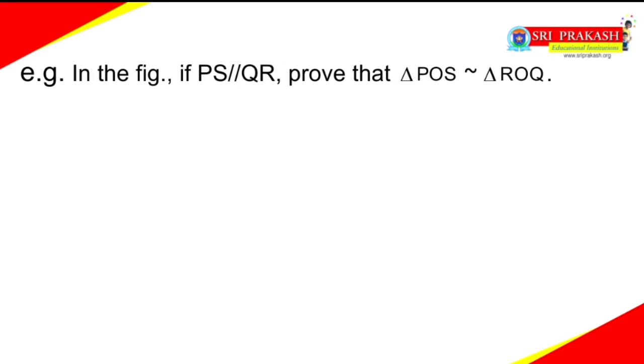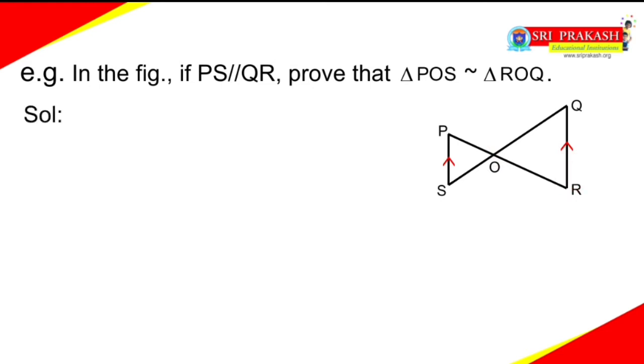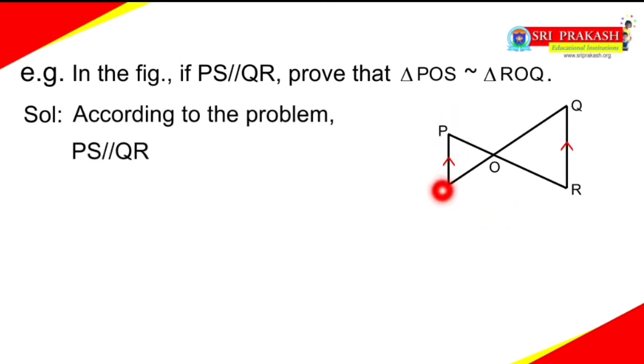Children, now let us solve some examples based on the criteria of similar triangles. First one: in the figure, if PS is parallel to QR, then prove that triangle POS is similar to triangle ROQ. Let us start. Children, according to the problem, PS is parallel to QR. Now, from triangle POS and ROQ,